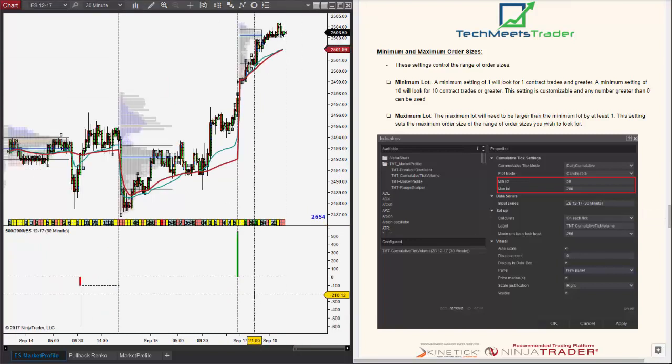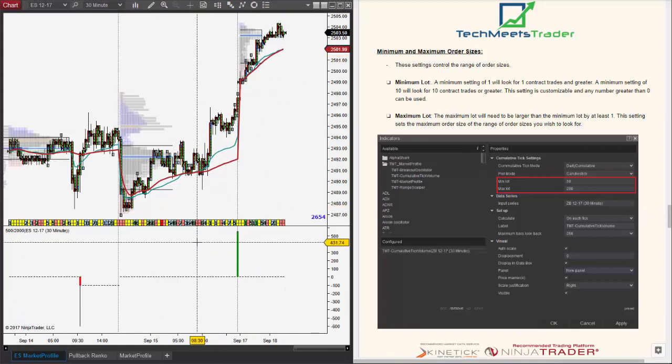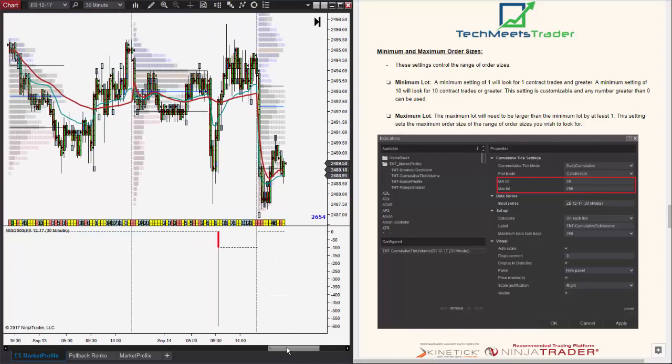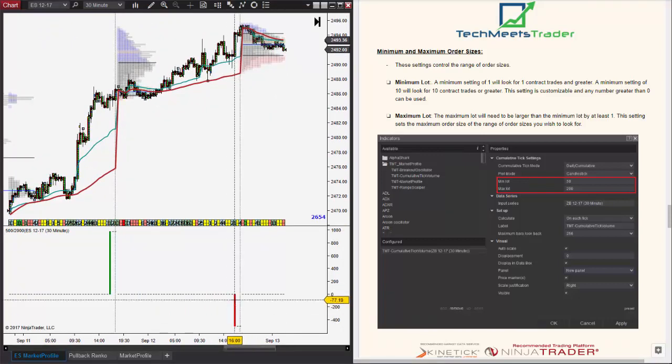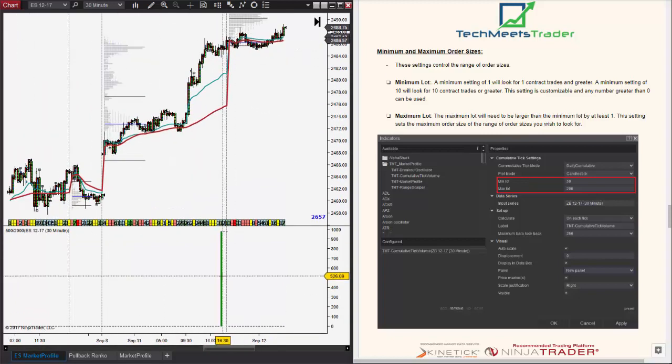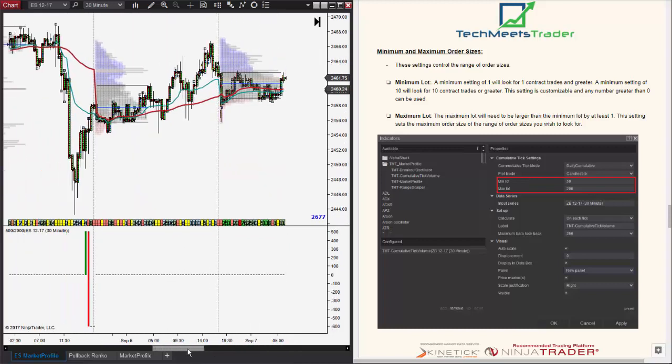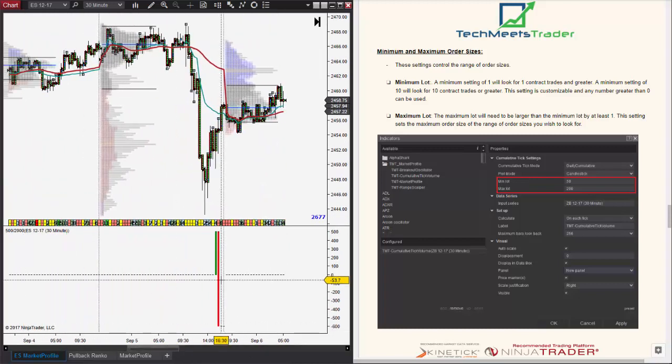Okay, and now that the indicator is completely loaded up, we can see what's going on here in the S&P 500. So 500 to 2,000 contract trades. We can see that not a lot of those kinds of trades happen. Here we can see one happening probably in the last few minutes of the day. Here we see another 500 contract and greater trade happen again towards the end of the day. This could be a big institutional firm or a mutual fund, someone coming in here either